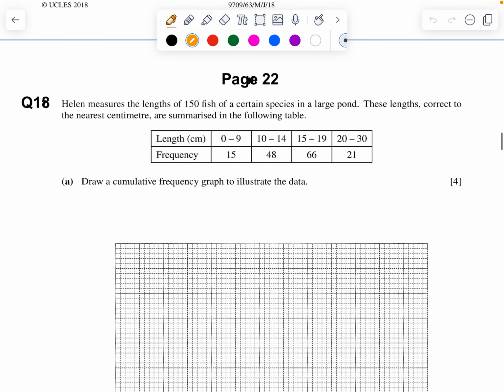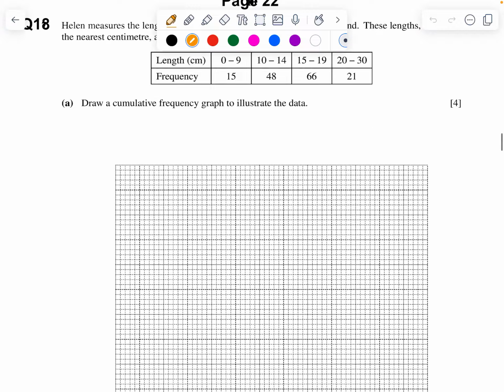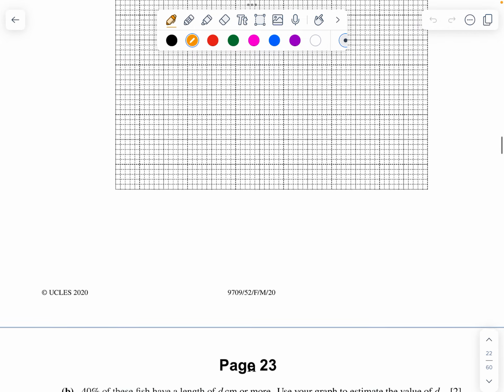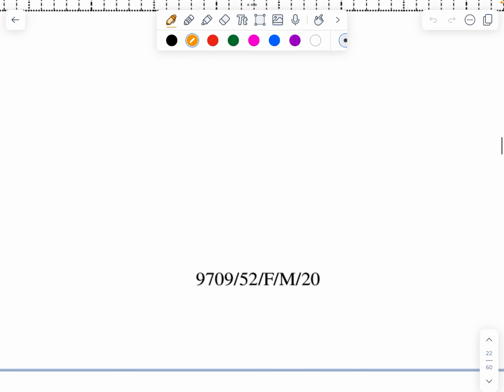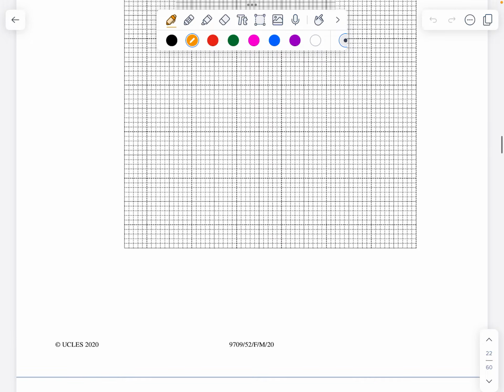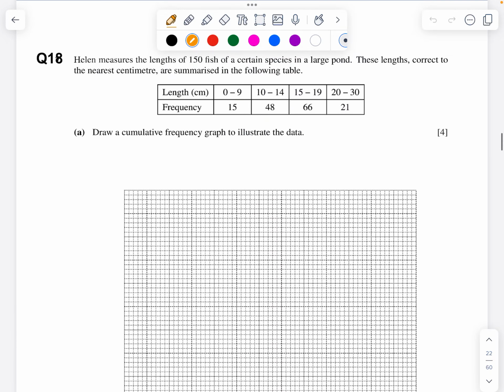Welcome, this is part 4 for the topic representation of data CIE A-level past paper questions. So I'm doing question number 18; till question number 17 was covered in the first 3 parts. Now this is from February March 2020, paper number 52, and the question: Helen measures